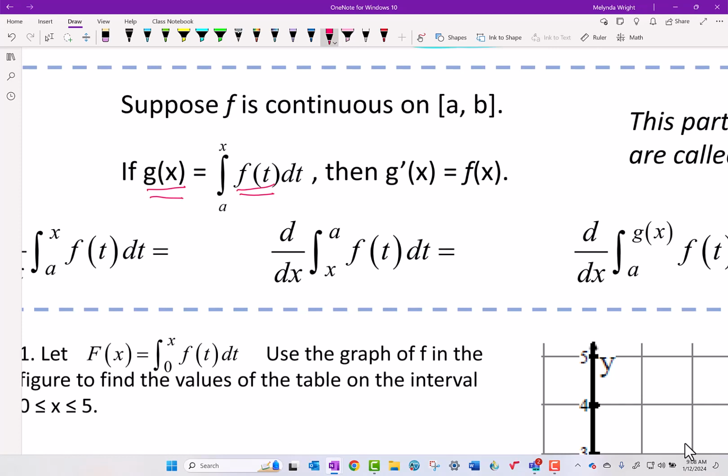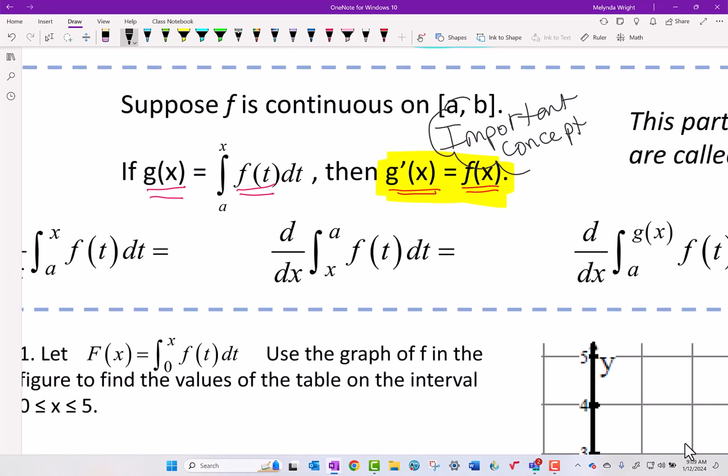If I do the integral or the antiderivative of f and I get g, then let's think about what that means about the relationship. We've talked about derivatives and antiderivatives. So if I do the antiderivative of f and get g, that means that f was the derivative of g. Okay, that's kind of subtle, but really, really important. So I'm just going to highlight it. This is a really big deal. This is a very important concept,